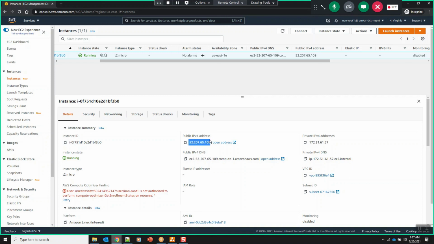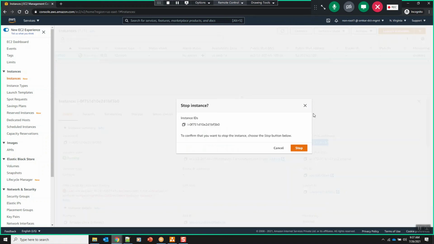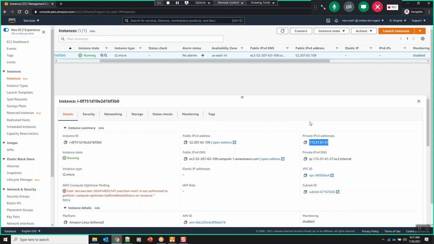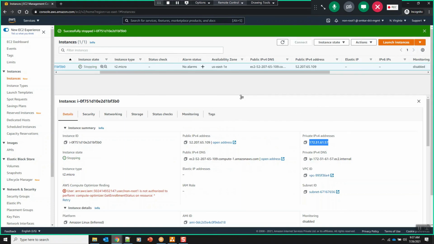Let me stop and start this instance, and let's see what would happen. Private IP ending with 57 and public IP ending with 109. I'll click on stop instance. What is the status it is showing? The instance is getting stopped right now.